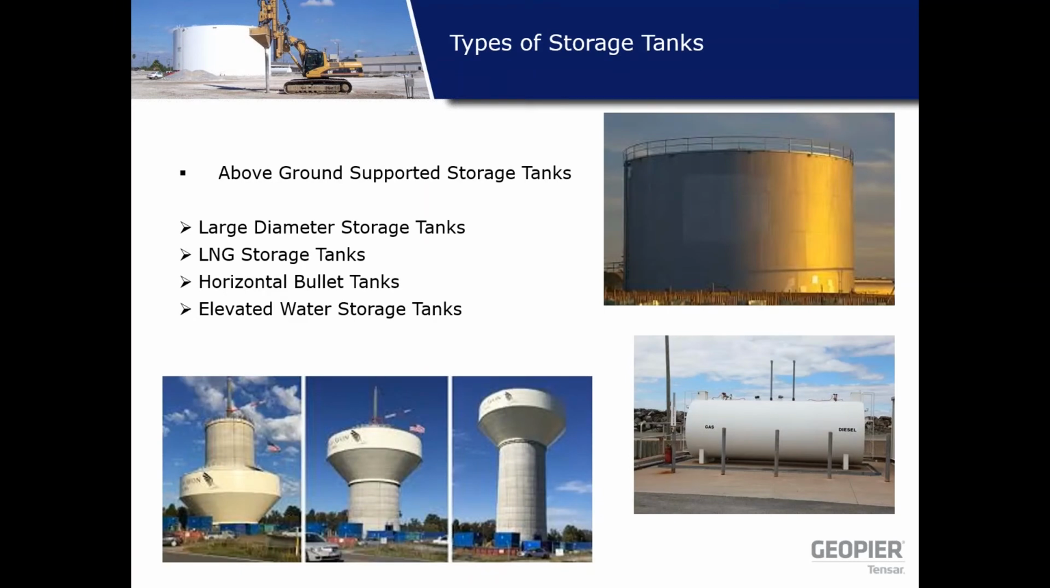Mainly, we can categorize storage tanks into two categories: above ground storage tanks and underground storage tanks. Underground storage tanks are generally embedded about 8 to 10 feet below the ground, but today's discussion is focused on above ground storage tanks. There are several types of these storage tanks, and what we're going to consider today are